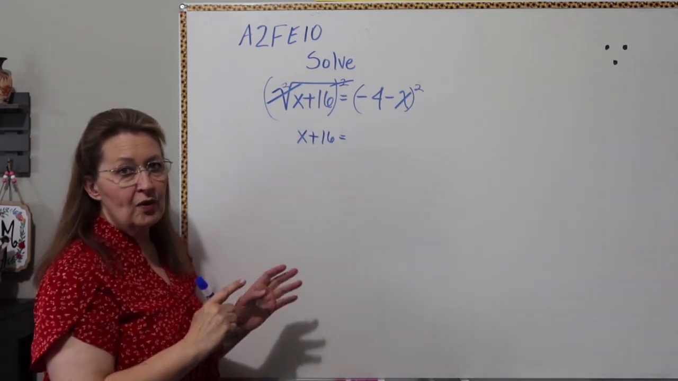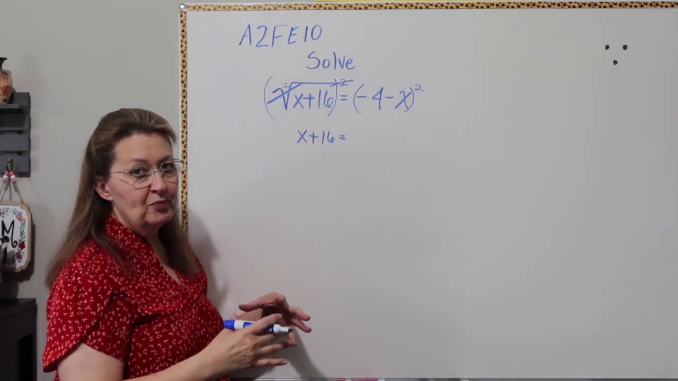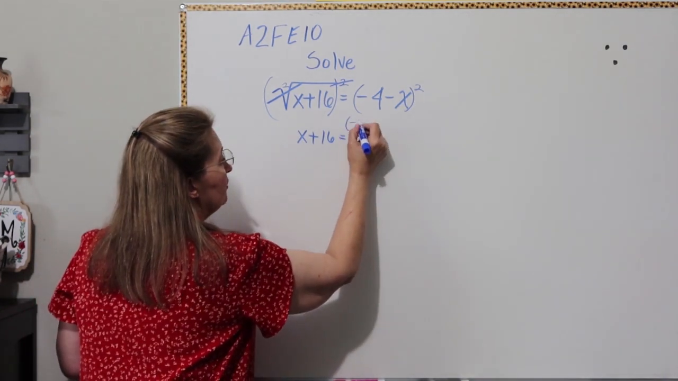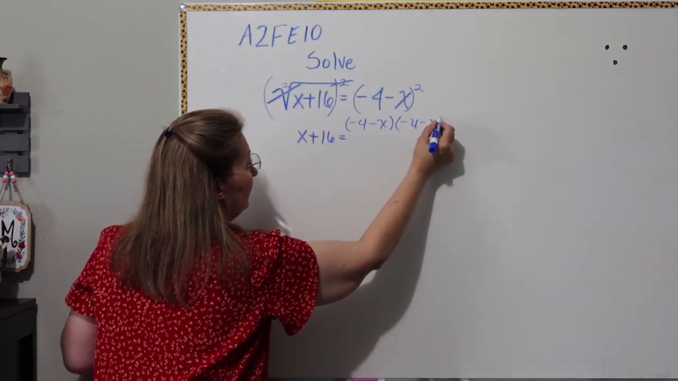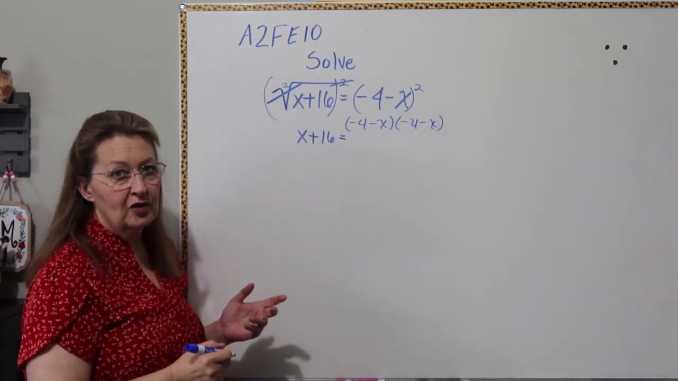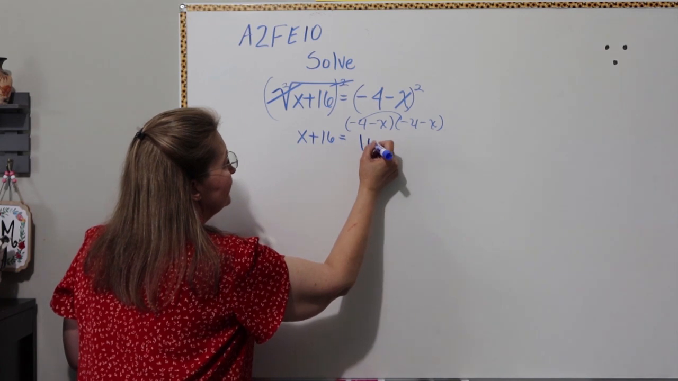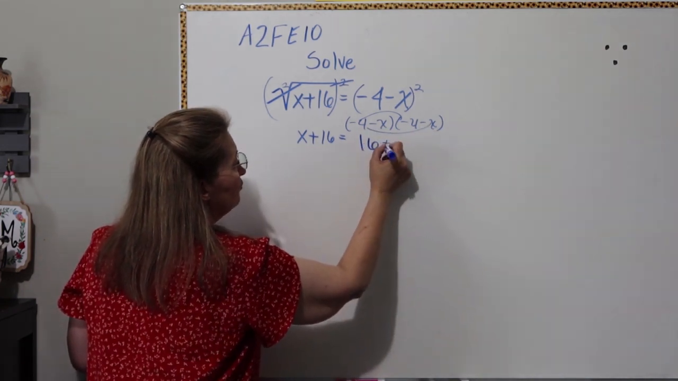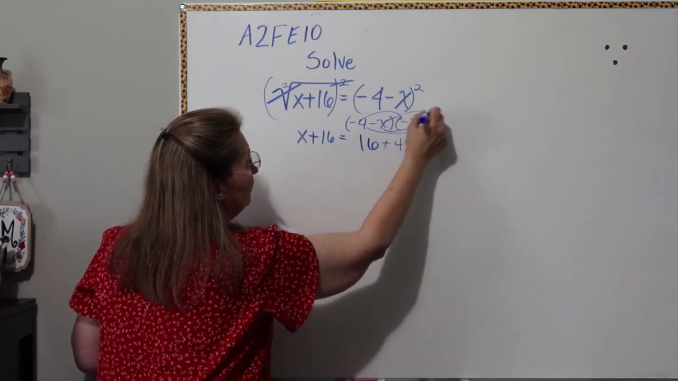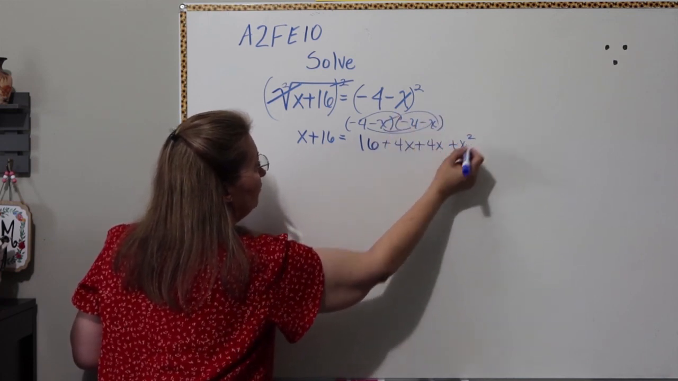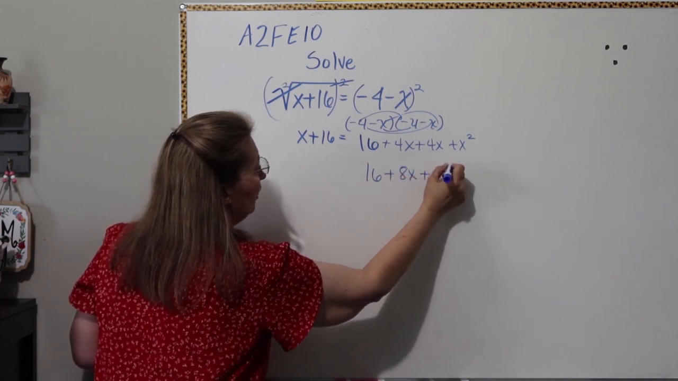Right over here, when you square that binomial, now remember, you can't just square each term, you have to expand that out and use the FOIL method. So to square this, I'm going to do negative 4 minus x times negative 4 minus x, and then I'm going to use the FOIL method. So negative 4 times negative 4 is 16. My outside gives me positive 4x. My inside gives me positive 4x. And my last two gives me positive x squared. I can combine those two middle terms